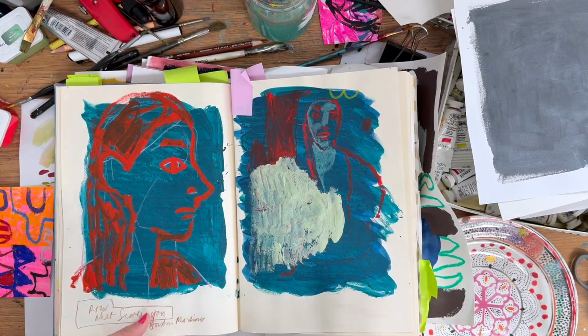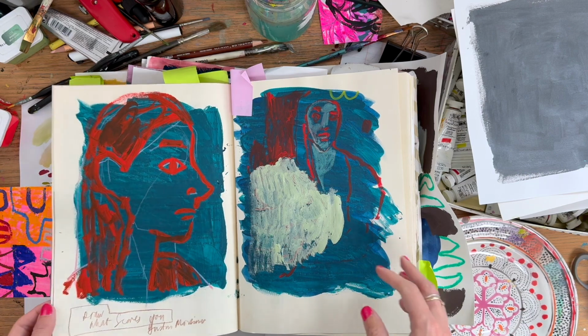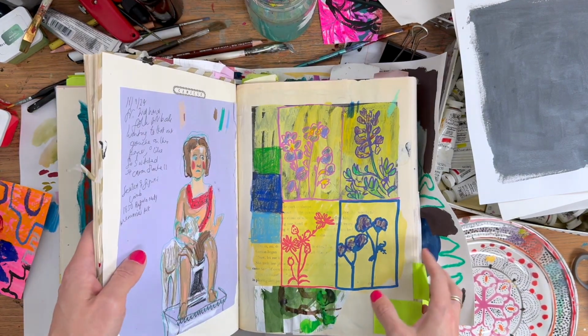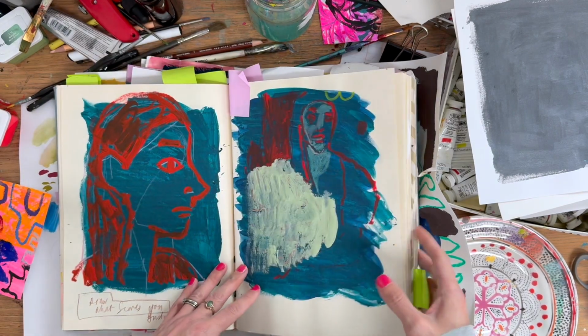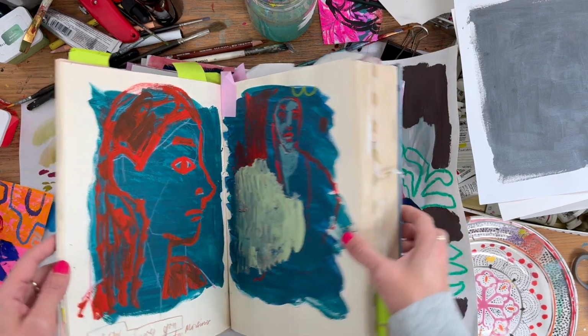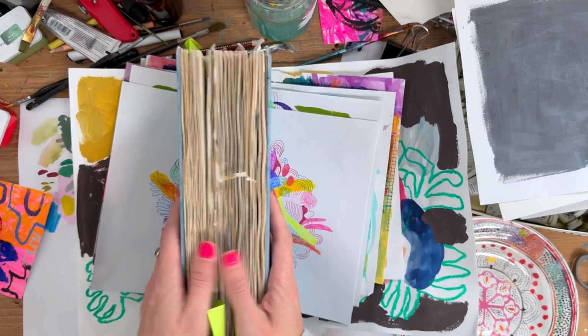One thing I have been loving and doing a lot of, I want to finish off this sketchbook, which I know I've talked about, is quite precious to me actually. I have to be really gentle with it now. I'm not chucking this down because this is like,